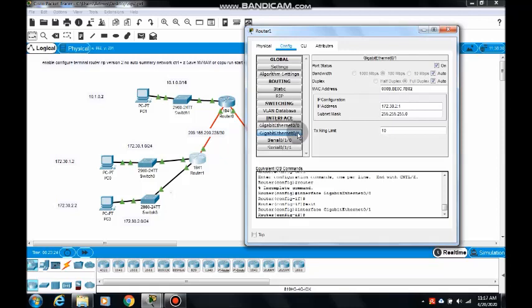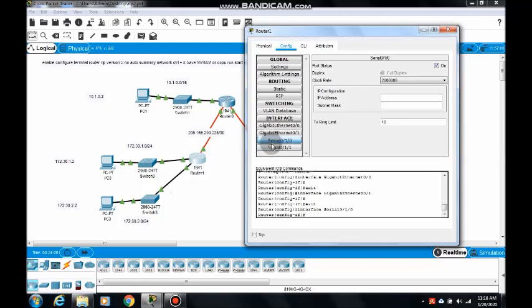Next, the 172.30.2.0 network is connected with this interface. So this interface address is 172.30.2.1, with the mask address on this interface also. And one more interface is connected with the 209.165.200.228 network, on serial port 1.